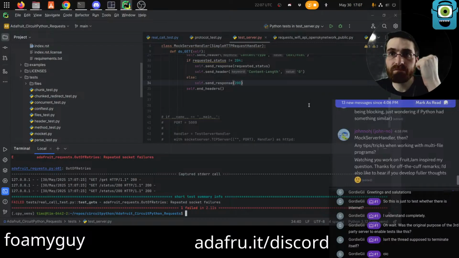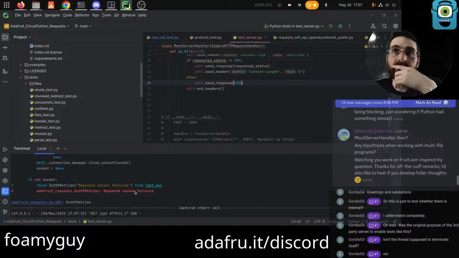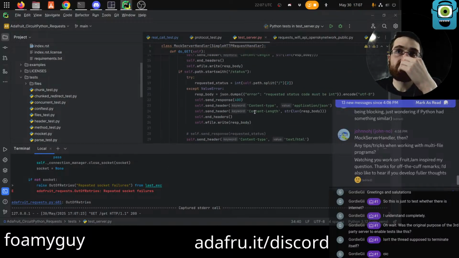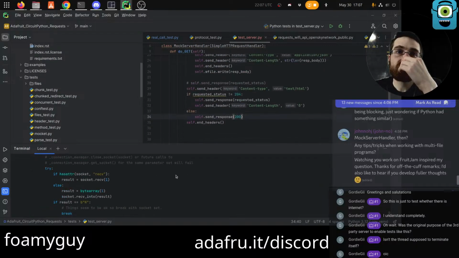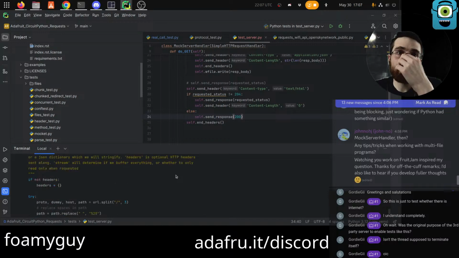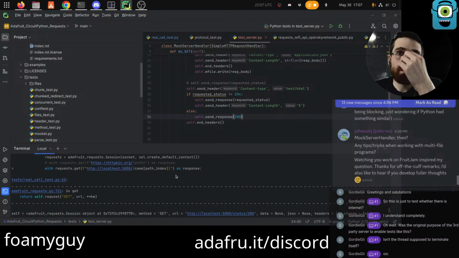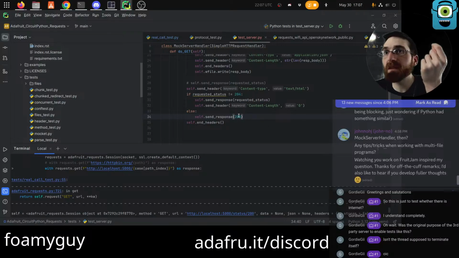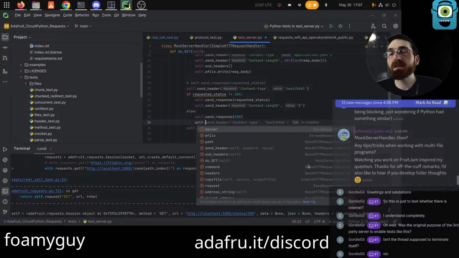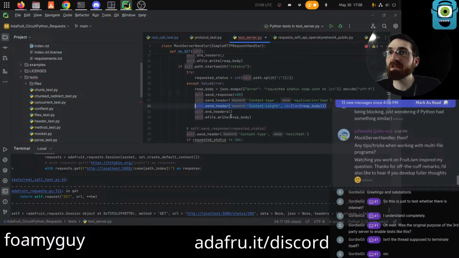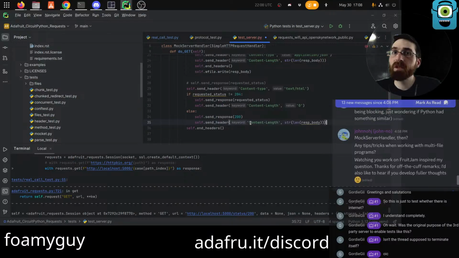Nice. Oh. That's not why it should fail, though. Crap. Why would that be retrying? Actually, it would be retrying because it didn't get the length and it didn't get a 200, which means that it needs the length in order to know when it's over. So I guess just try it again.